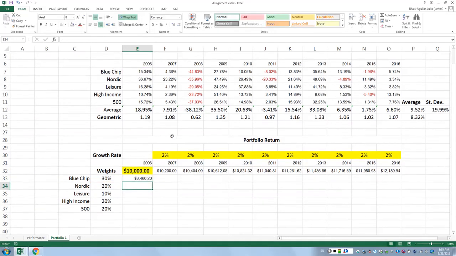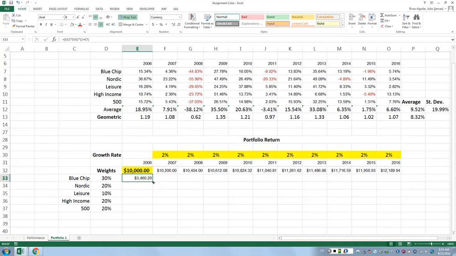Boom. Now, what happens if we click and drag this formula right here? Is this working? No, right? First of all, this E33 needs to be E32, right? It's always going to be whatever we have in the first line. So we're going to lock the line. And now it's working, right? We are locking the line. You see, we put the dollar sign in E32. Now, as we move into different years, we need to change columns, right? That's why we are not locking E. We're only locking 32, right?